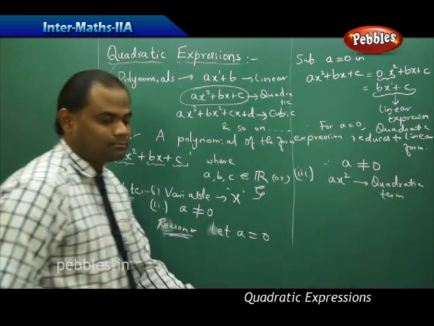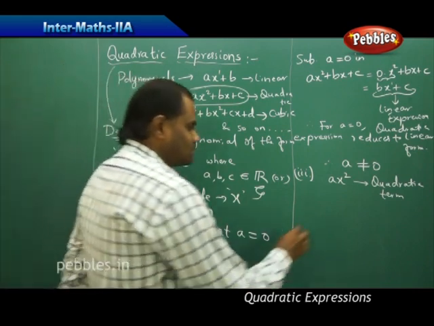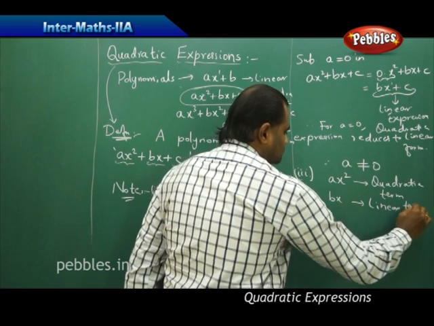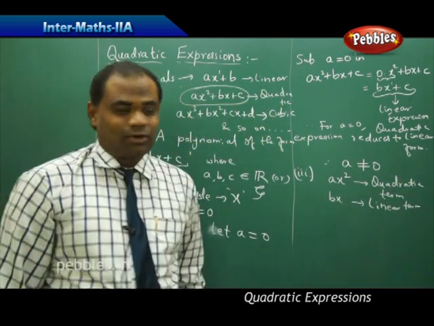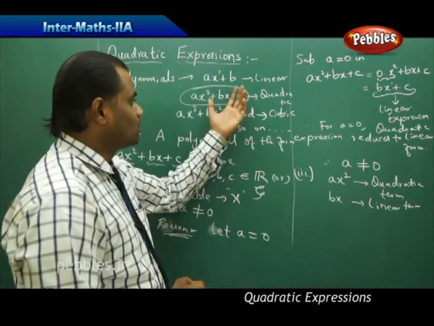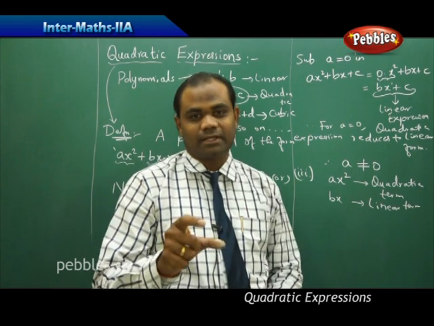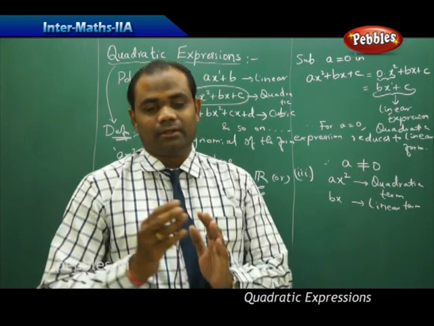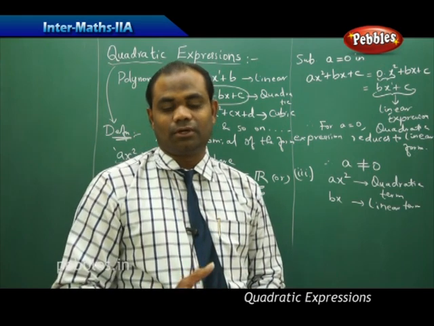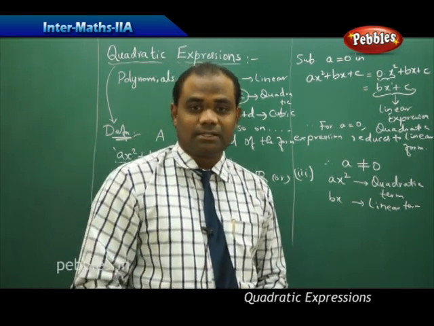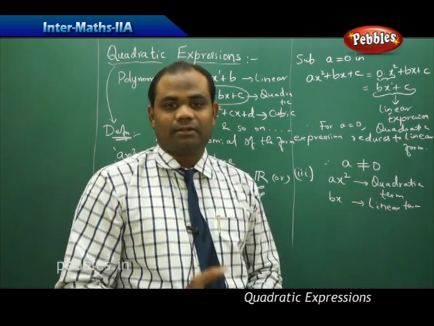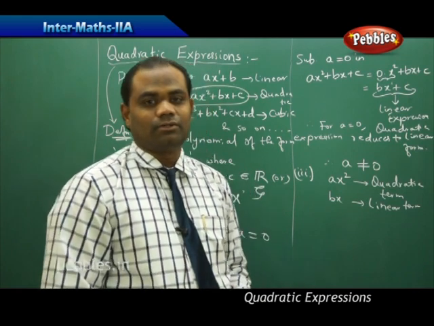When I take the second term, bx, this is called the linear term. Now, what makes us call this a quadratic term and a linear term is, again, going back to the introduction. We have already identified that if the power of x is 2, then that gives us the definition of a quadratic expression. If the power of x is 3, it gives me the cubic expression. If the power of x is 4, it gives me quartic expression. If the power of x is 5, then it gives me quintic expression,